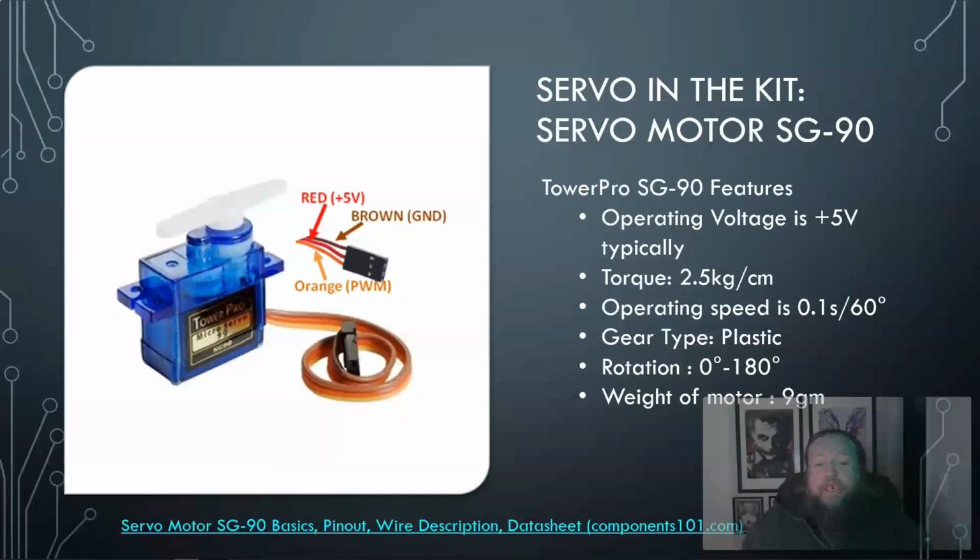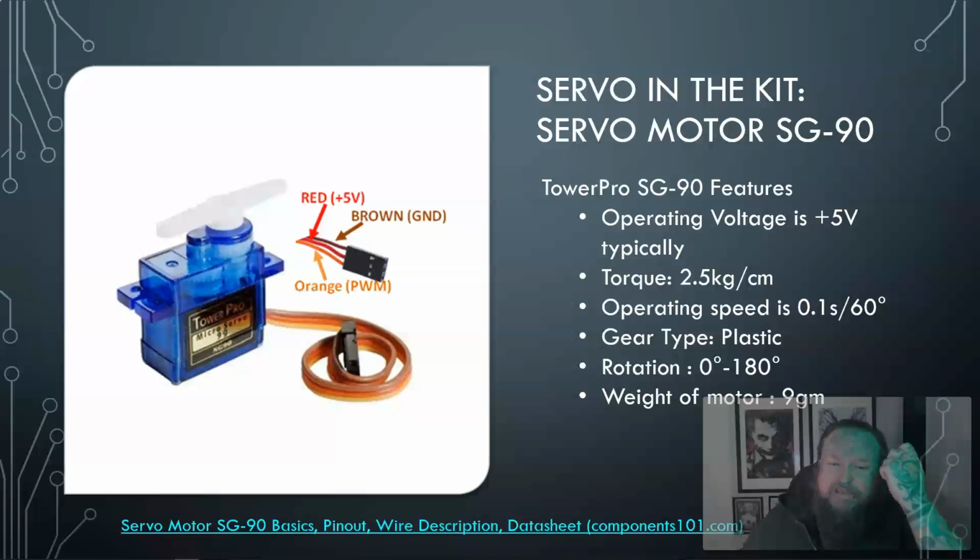Now, as we come here to the end, here's a picture of the actual servos that are in the kit. I've seen these a lot, these Tower Pro SG90 servos. These are the hobby standard micro servos that we are seeing in the kits that we're working with. And once again, just like with the ultrasonic, here's some extra information you can look up. Oh look, it needs 5 volts. The torque is 2.5 kilograms per centimeter, and I'll explain that in the next slide, and we'll hopefully have examples